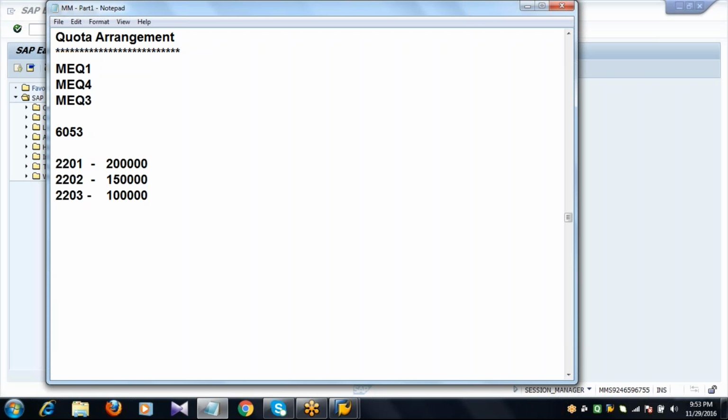So that is called quota arrangement. The main function of quota arrangement is to allocate the requirement quantities to the source of supply or vendor.